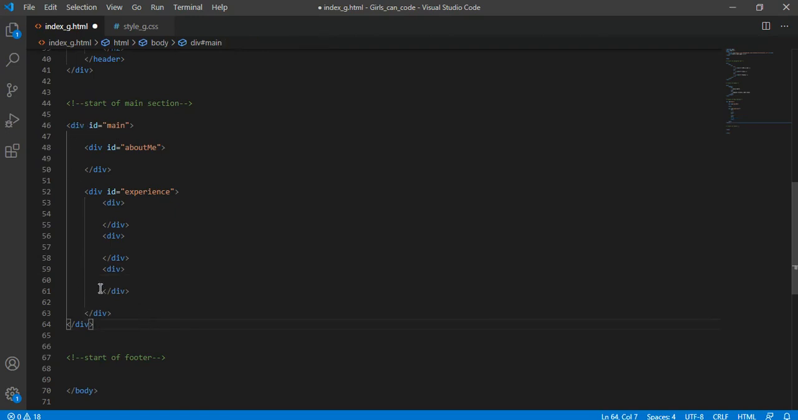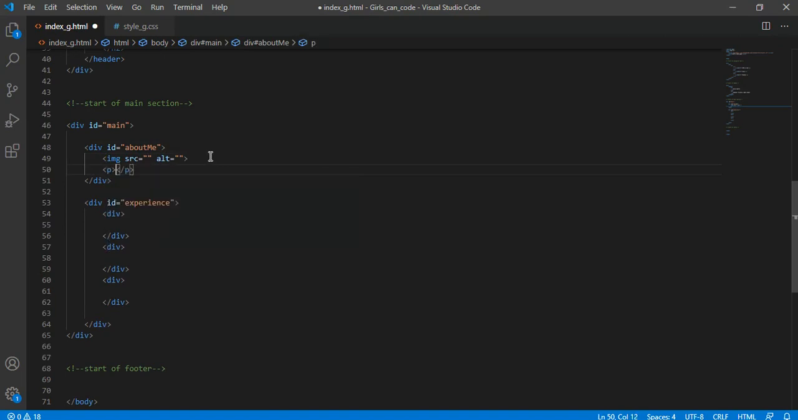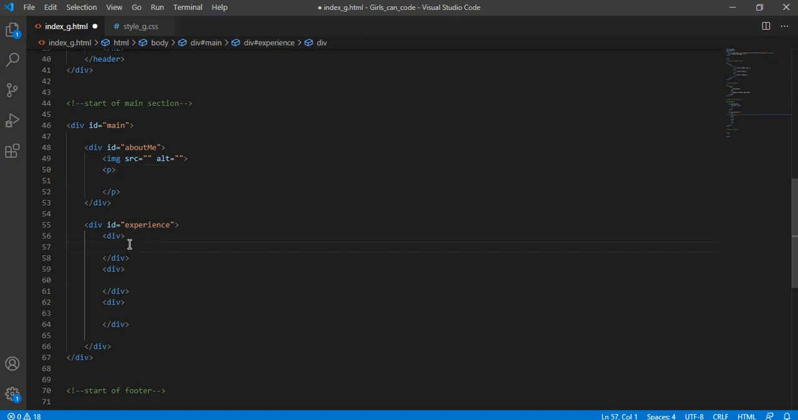So we've got our overall section, and then I've got an About Me section, which is going to have an image and it's going to have a paragraph. And in fact, I'm just going to pop these in here and I'm going to come back and populate them in a second. And then I've got my experience, which is going to be made up again of an image and a paragraph. So in fact, why don't I just go through